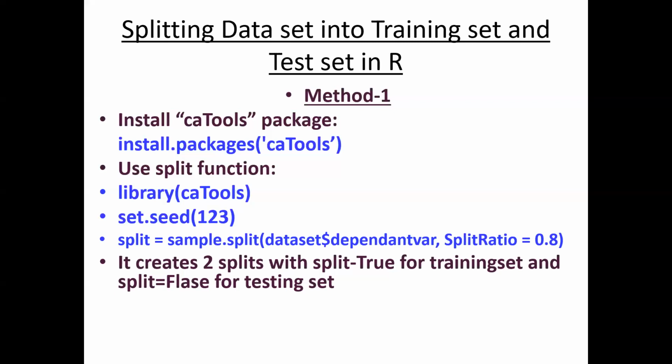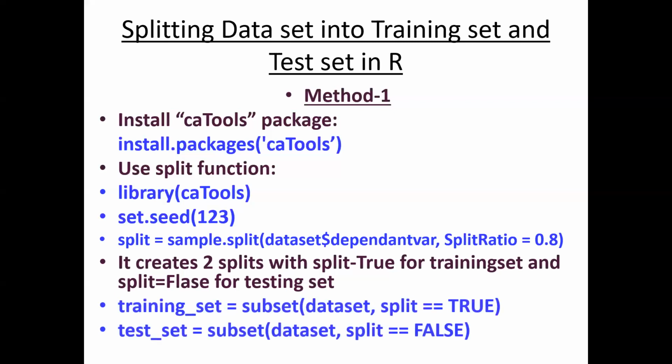Then it creates two splits. For the training set, all are true, and for the test set, all are false. No need to worry, these true or false labels are for the split function only. We are not using them anywhere in the algorithm. Our aim is to divide the data into 80% training and 20% testing. For the 80%, it allocated one label, you may call it true. For the remaining 20%, it assigns a label, call it false. These labels are not used anywhere in the algorithm, you just ignore them.